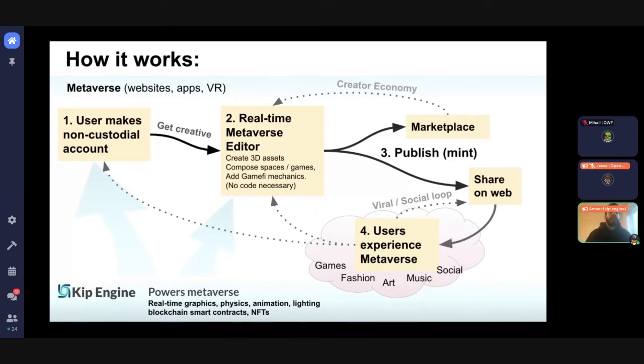So we'd have various editors. There's an easy to use editor where you can just grab assets that already exist and put them together to create a new experience. If you're a complete novice to programming or developing, you'd be able to just use a drag and drop GUI. But for somebody who's a bit more sophisticated, who has some experience building games, who's already worked with Unity or other game engines, we do have a sophisticated SDK, which will primarily be using JavaScript.